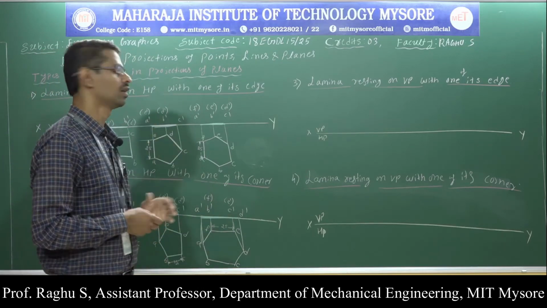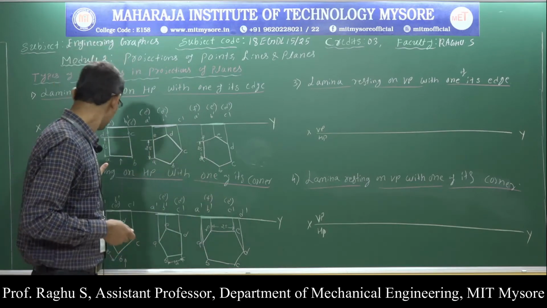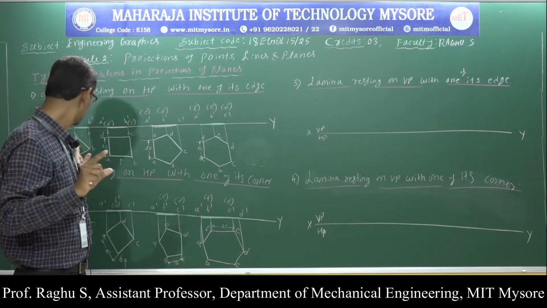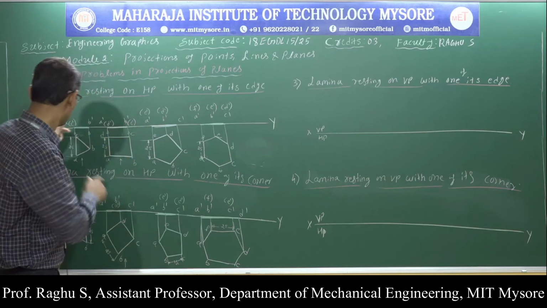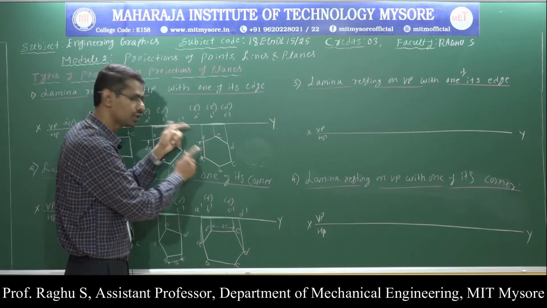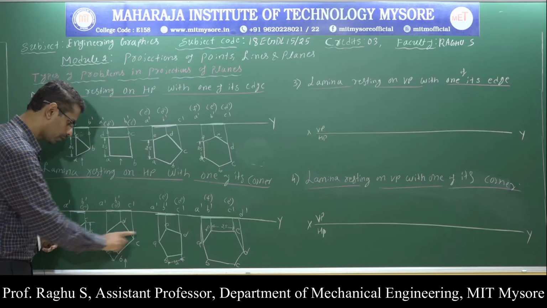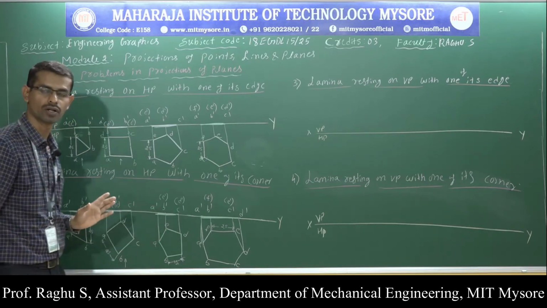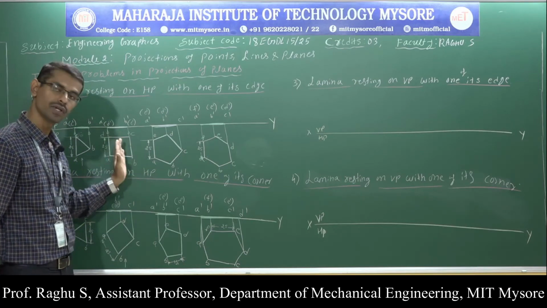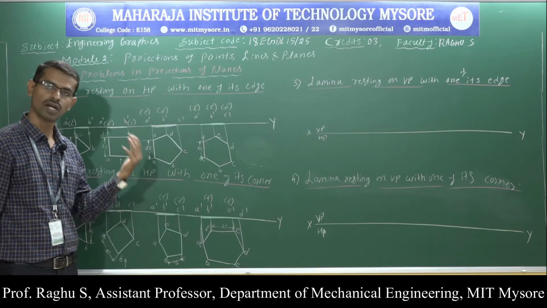So these are the basic conditions. When the lamina is resting on HP with one of its sides, start the first position with the top view and construct the resting side towards the left side. Observe here, AC is the resting side, AD is the resting side, AE is the resting side, AF is the resting side. Point A is the resting corner in all conditions. The corner or side which is on the left side is considered as the resting corner. You can also take the corner or side towards the right side.